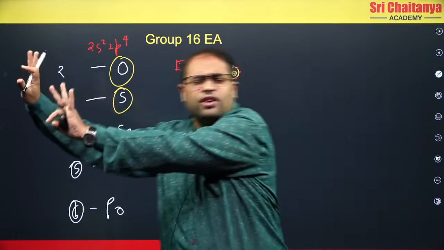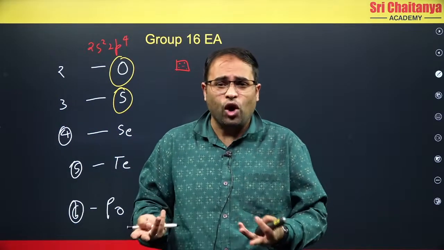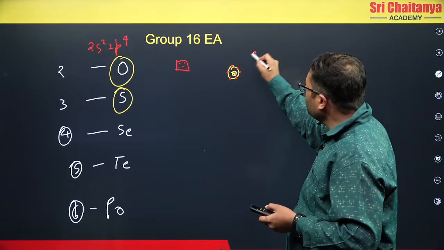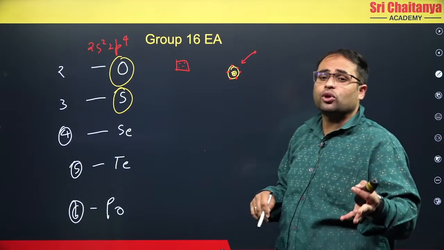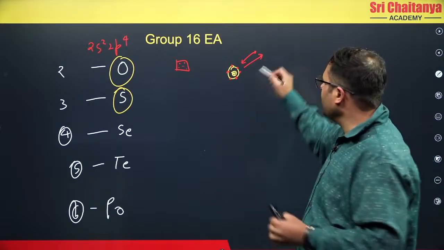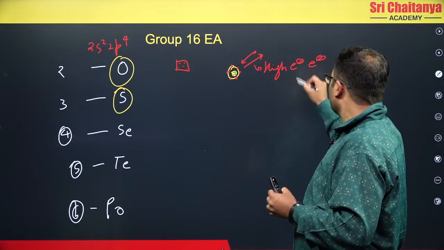You will push that 7th person out, saying there is no space because the room is small. Same thing here also. If you try to add one more electron, which is the process of electron affinity or electron gain enthalpy, it says please go out. So you will get high electron repulsions,